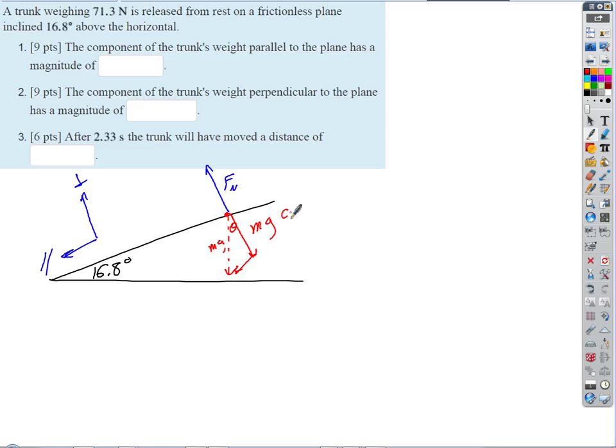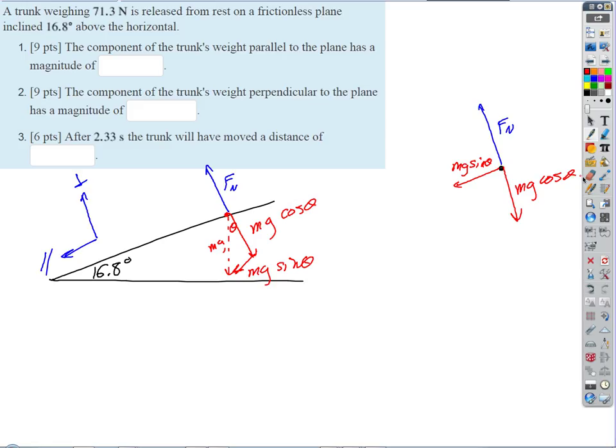So mg cosine theta, and then the parallel component's gonna be mg sine theta, right? And so let's take our free body diagram and rewrite it. So there's our object, and now the parallel component's gonna be mg sine theta, and there's normal force and